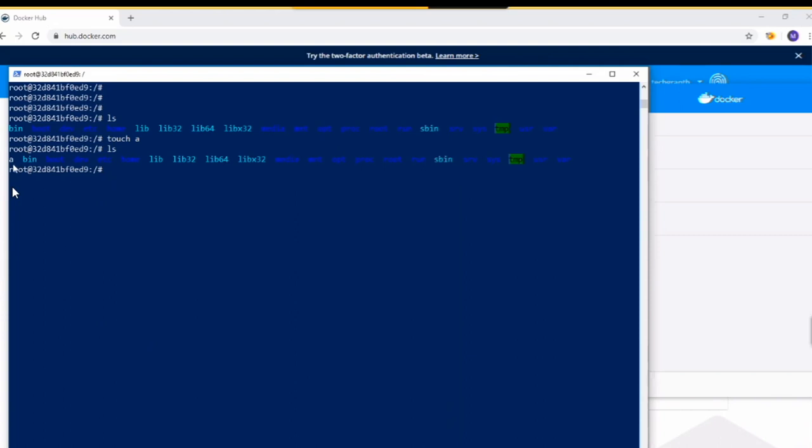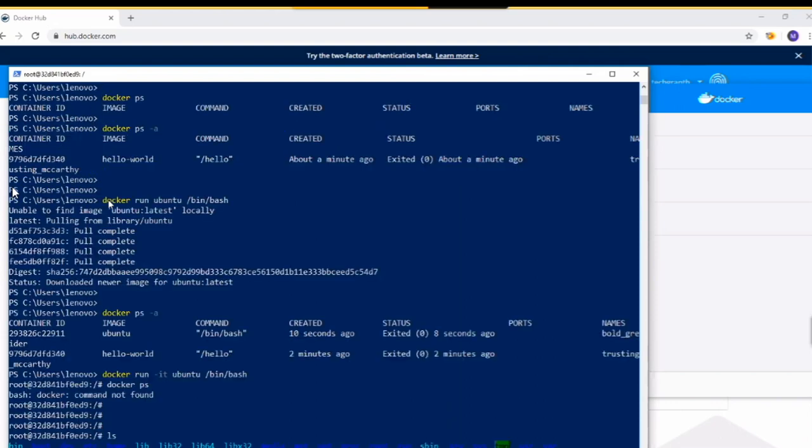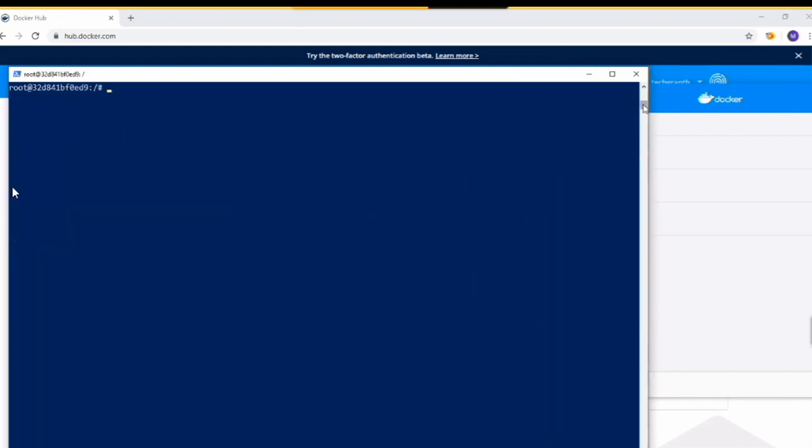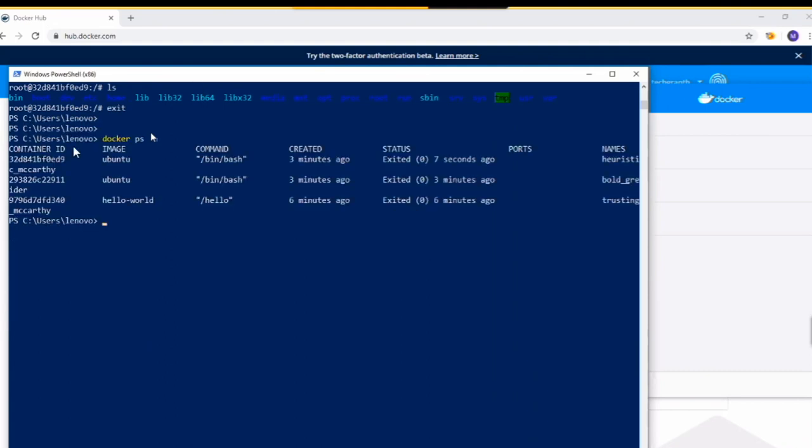You can see that file has been created here, right? Now let's remove it, and we just removed it. Again, if we check with ls, it is not showing here. Yeah, you can see the newly created empty file named a is not here anymore. So we can create files, delete files, create directories, or whatever we want within the container. And then we can use the exit command to exit out of it.